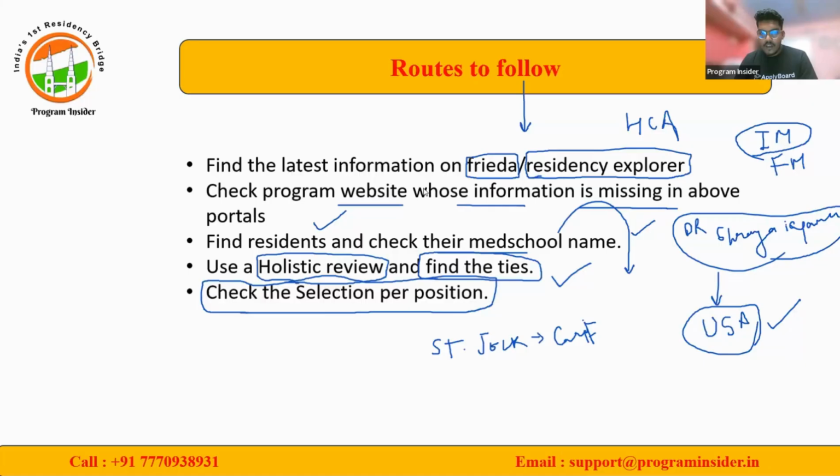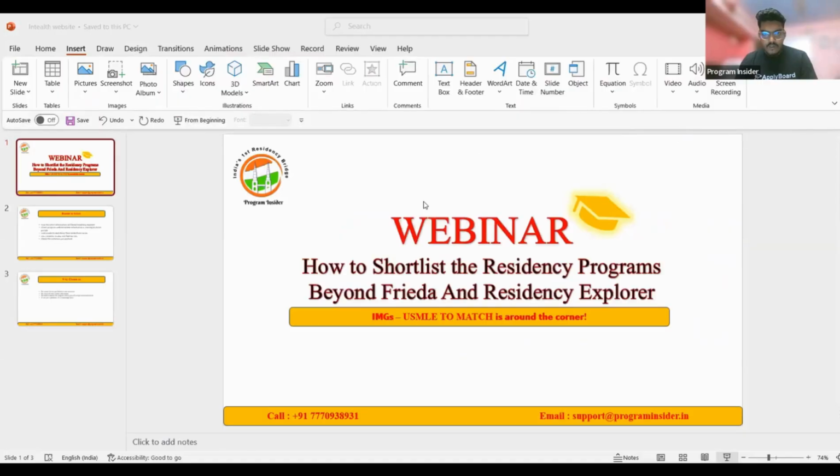I'm just opening up that screen for you so that you can see it live. So I'm going to a screen now. I'm going to open San Joaquin, and I'm going to check this through FREIDA only. That will help us. The ratio of interviews to first year positions is 180. We got another data point from the